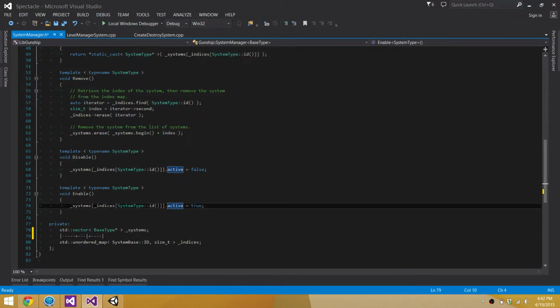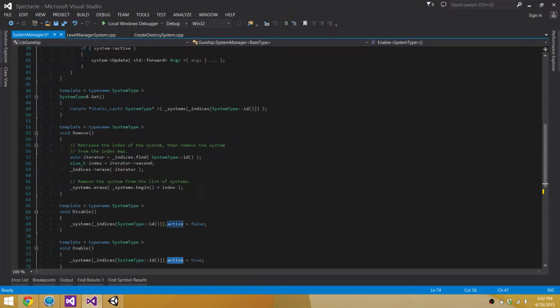So say we have 10,000 of these systems, and each of them has its own active flag. That's 10,000 bytes that we save. That's 10 kilobytes. It also means that we don't have to perform, in update all,